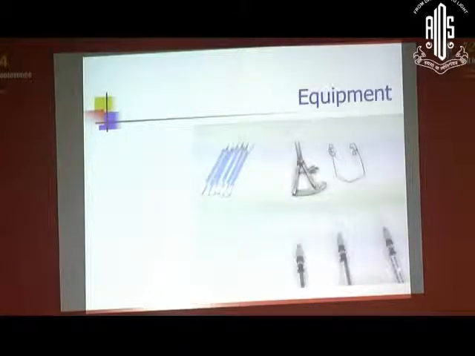Equipment is very, very basic, but we do prepare a trolley as we do. I also change everything, gown, gloves, everything, as we do for cataract surgery. In the West, I myself have seen, I was in Boston, the doctor walking in like this, he will wear gloves and give. But in our setup, we change and drape everything. So these are the basic equipment required. Normally we don't use a tuberculin syringe, because the markings there are not so good. But a 1 cc syringe is the syringe to be preferred, because the markings are very, very good.